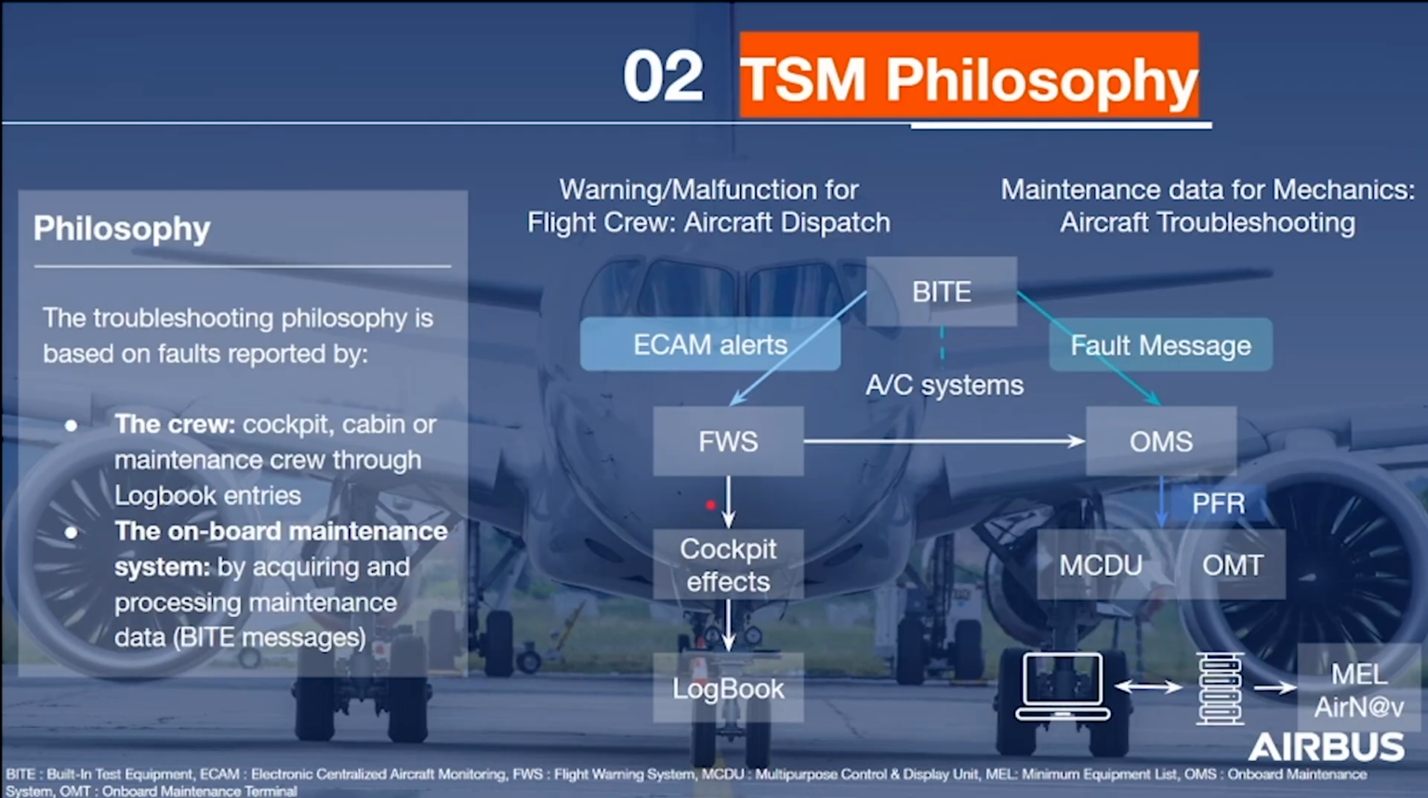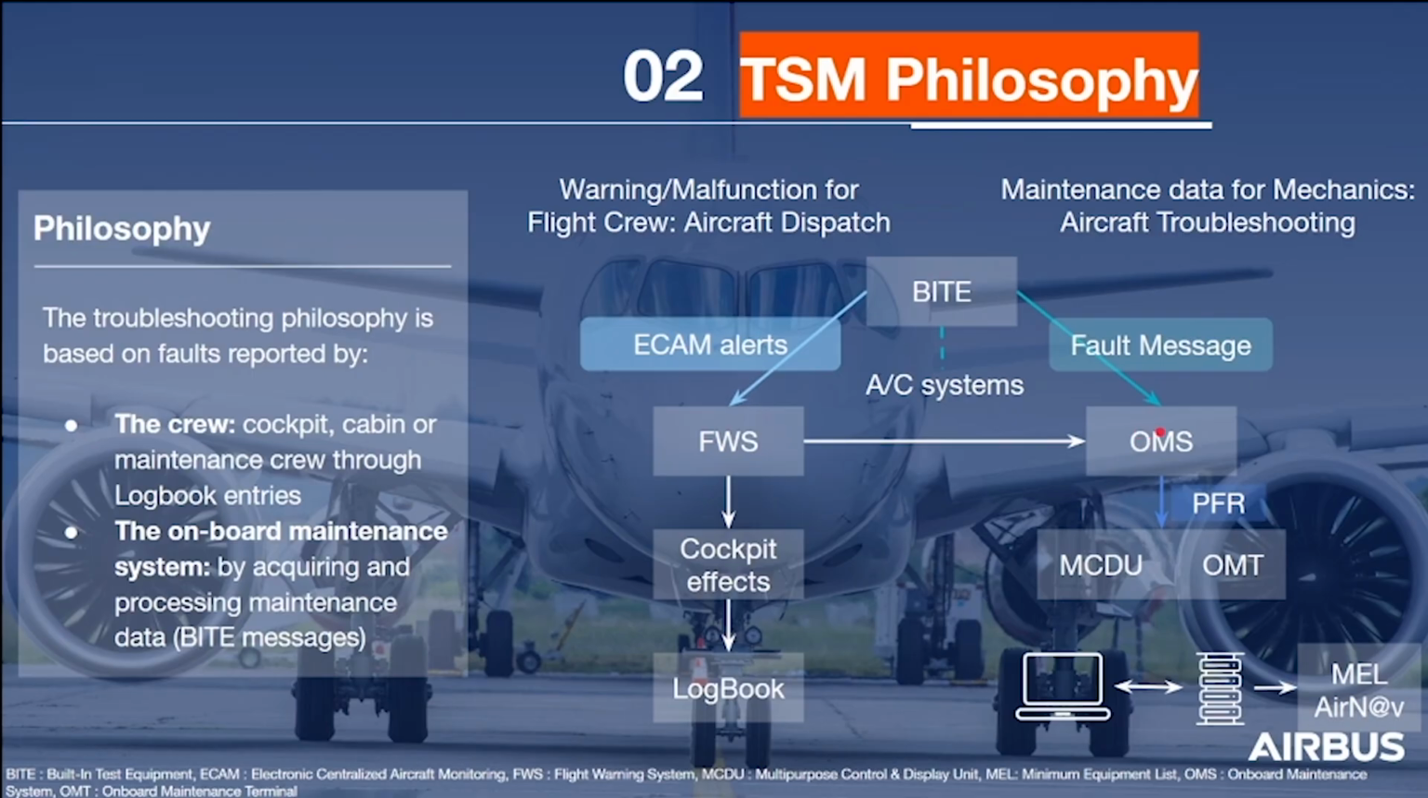This slide summarizes what I just said before. Each system has its internal BITE function to detect the failure. If we imagine the system detects a fault that will raise, for example, an ECAM warning, it will be sent to the flight warning system. But at the same time, a maintenance message or a fault message will be sent to the onboard maintenance system on A350, A380, or to the CFDIU or CMC on A320, A330,